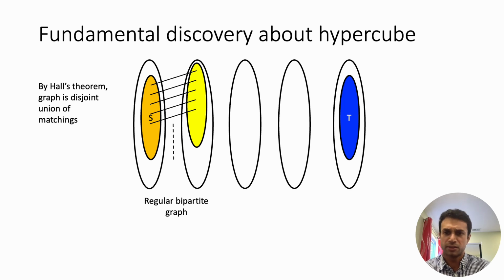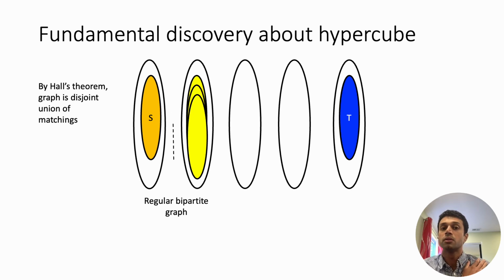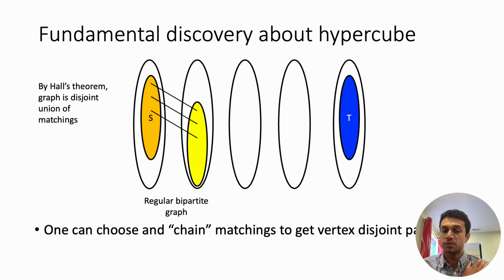But observe that there could be many potential sets in the next level. That's the yellow set that S could match to. So it could match to this other potential set, or maybe this other one, and so on and so forth. And what the Lehman-Ron theorem says is that we can actually choose these in such a way and chain those